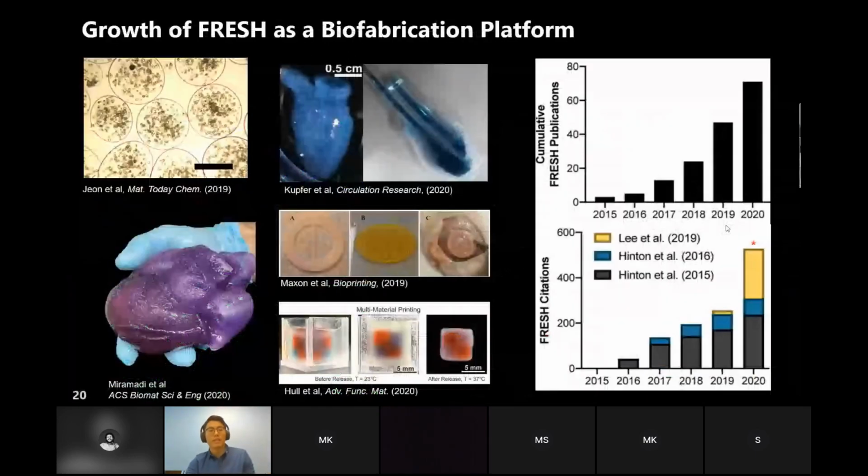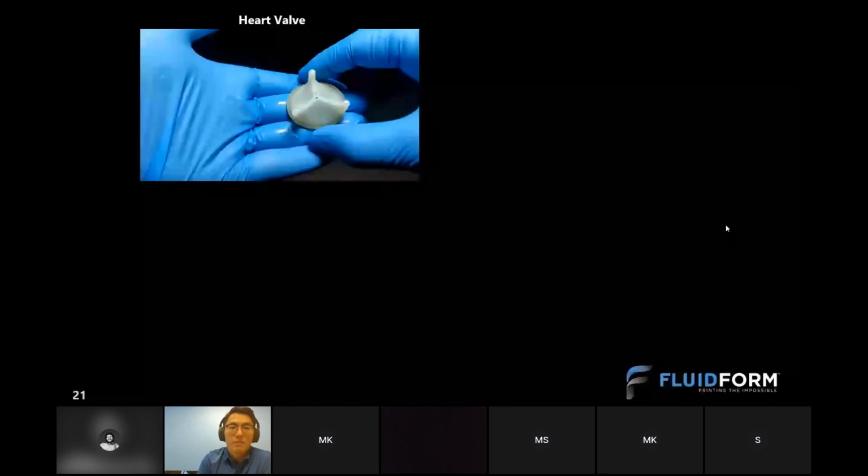And so we've really seen that others in the field have also taken on this shift in mindset for bioprinting and adopt FRESH as a key piece of their research. We've seen FRESH grow rapidly in peer-reviewed publications, highlighted in some of these papers shown here in just the last 2 years. And really, I just want to show here some of the other example prints that we printed,